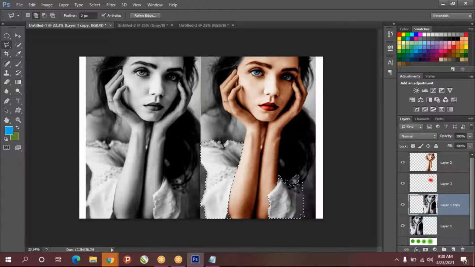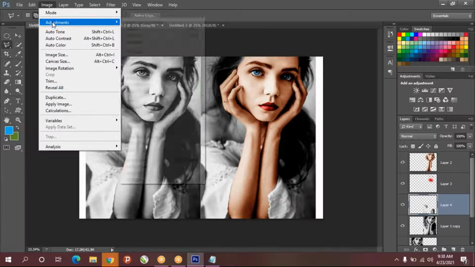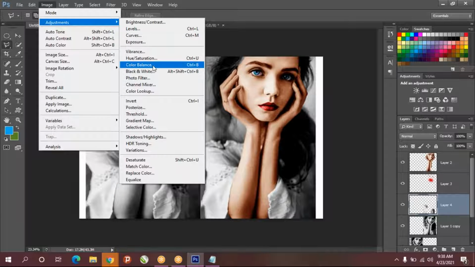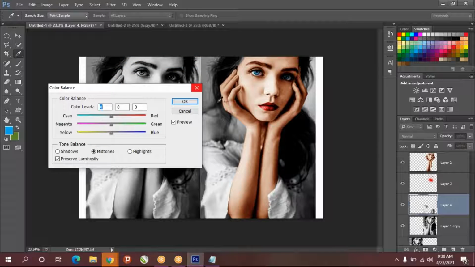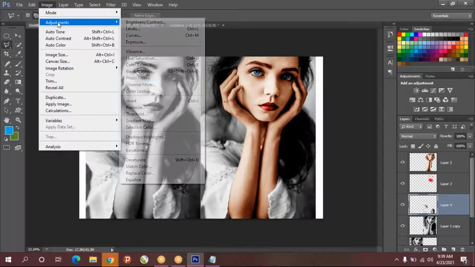Now again this one, you duplicate, Control J. Once again it will create a new layer. Go back to the image menu, adjustment, color balance, and I'll give some pink. But instead of that, you can go for variations.